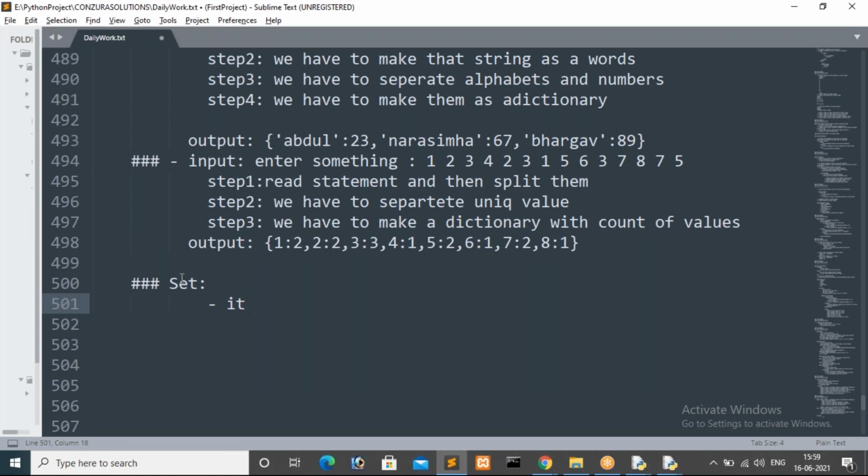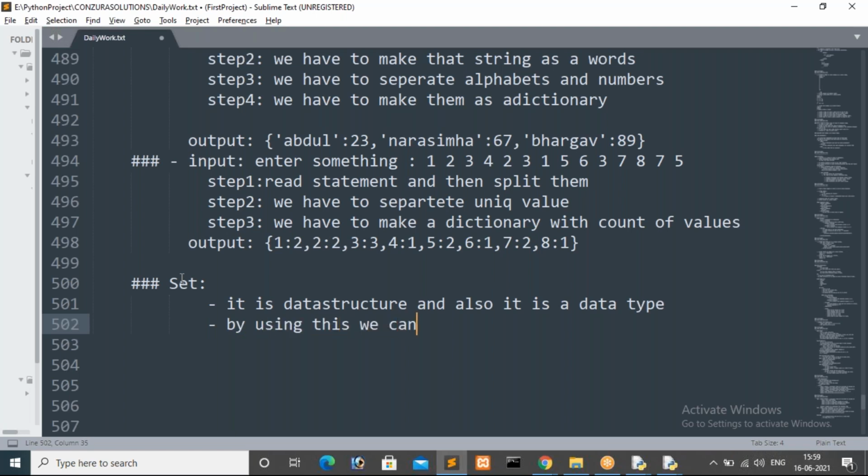We already know it is a data structure, and also it is a data type. So third step, it is a data structure and also it is a data type. That is enough.